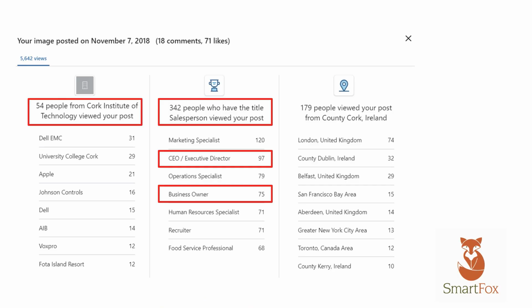The second column is pretty similar. So it's job title. Again, who are the types of people that you're trying to influence? Who are your key decision makers? Look at the list of people who are looking at your content and try to decide, are those the type of people that you want to influence or not?